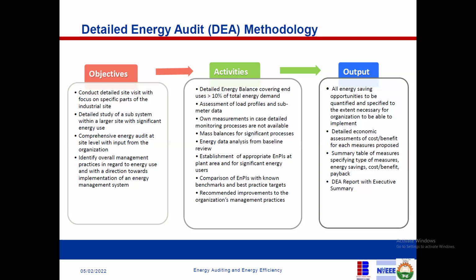The difference between level 2 and level 3 is that for the level 3 audit, you now have to include your environmental and social impact assessments, showing how your audit impacts positively on the environment, how it is not going to cost people their jobs, and how it will be in line with Nigeria's net zero target,